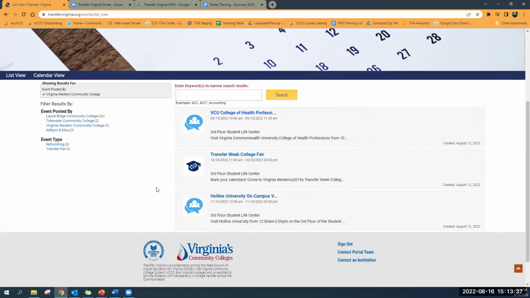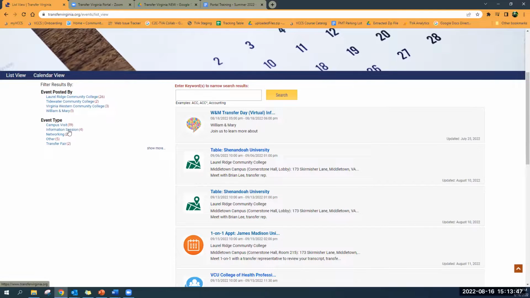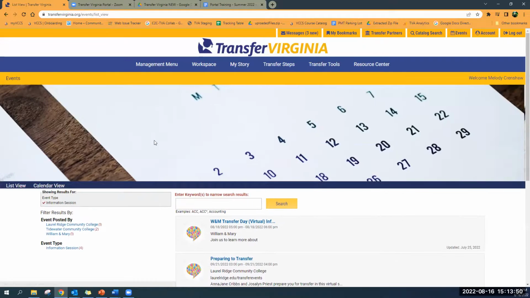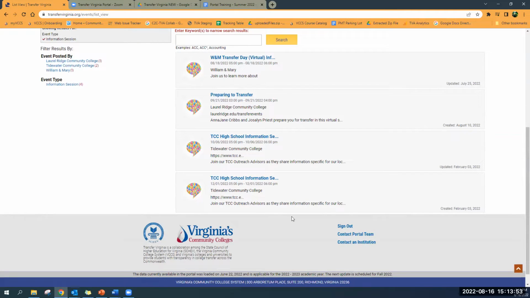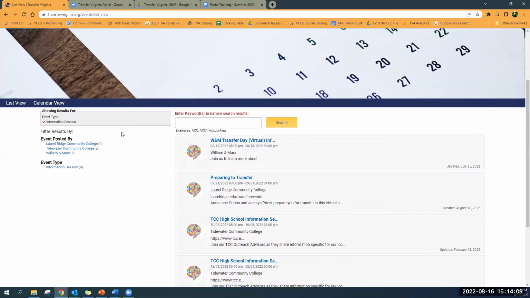So you've narrowed the search down to just the college that you're interested in. Okay. If you really weren't sure which college you were interested in, but you wanted information sessions, click on that, and well, they all happen to be William and Mary, but information sessions from these various schools. So it's a way of limiting and seeing just the things that you're interested in rather than everything on the list. So my recommendation is that you load a few events,